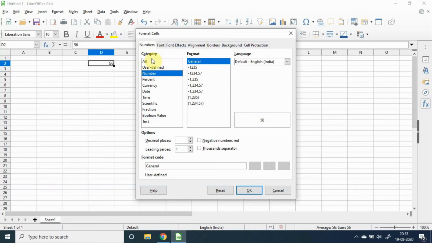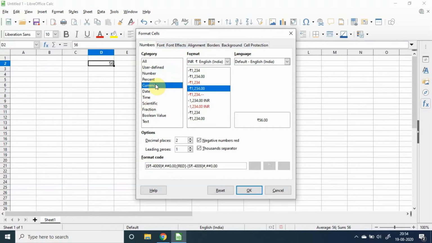Here in the category, you can see different values: number, percent, currency, date, time, scientific, and so on. Depending upon the type of your data, we can choose different formats. For example, if the data in our cell is a currency value, then we can choose any of the formats from this column.